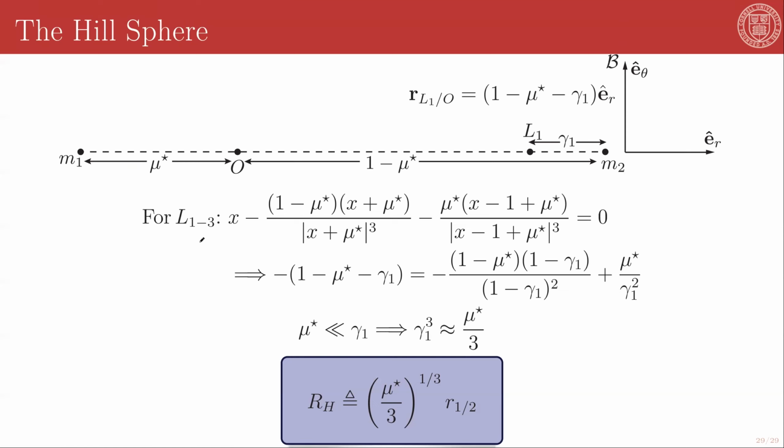Recall that for the on-axis collinear Lagrange points L1 through L3, we have a third-order polynomial that describes their location. Substituting in our newly defined gamma 1, we can write negative the quantity 1 minus mu star minus gamma 1 is equal to negative 1 minus mu star times 1 minus gamma 1 all over 1 minus gamma 1 squared plus mu star over gamma 1 squared. Now, let's assume that gamma 1 is much larger than mu star. Well, then we can rewrite this expression as